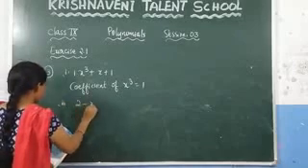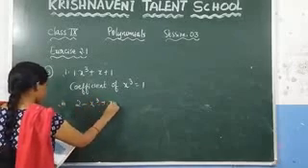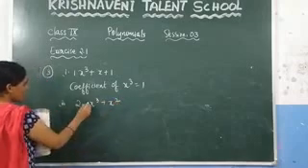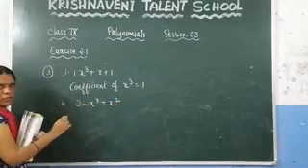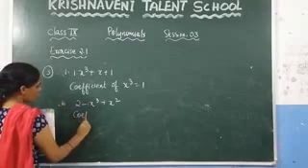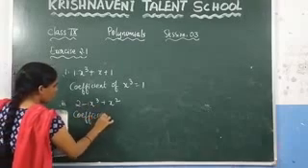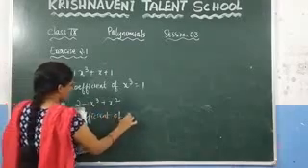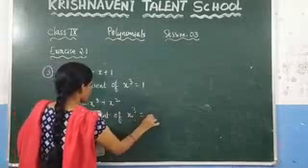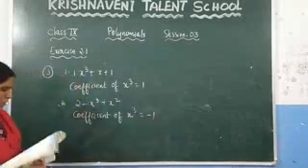Now solve one more question in this. 2 minus x cube plus x square. Here what is the quotient of x cube? Which is nothing but minus 1. So write it here, the quotient of x cube. Before writing the quotient, you need to check the symbols also. Here the quotient of x cube is nothing but minus 1.